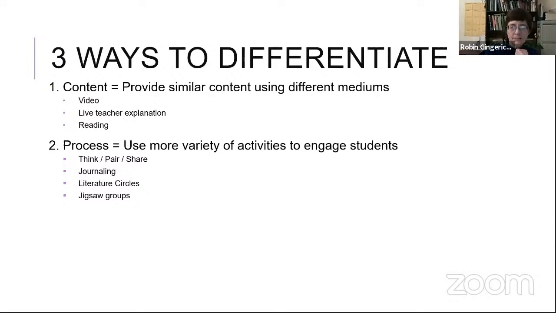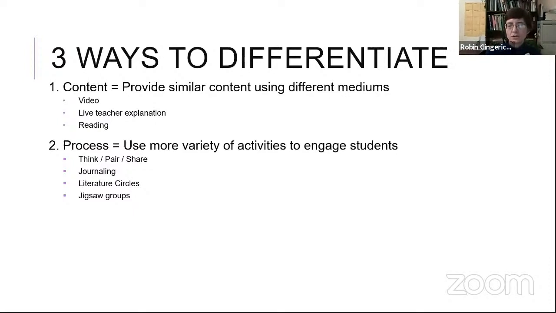So these activities provide support for all students, allowing students time to think, time to share their answers with a partner before they share is a good way to help those struggling students to think, practice their answer, and then share with the class. A strong student really doesn't need think, pair, share. They can answer very quickly and very easily, but a struggling student may need think, pair, share as a support.